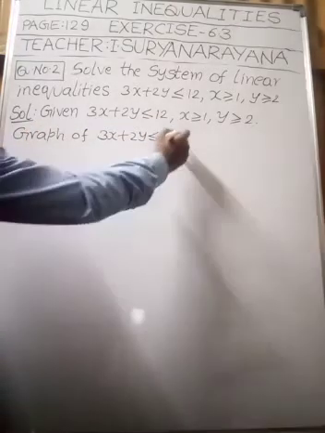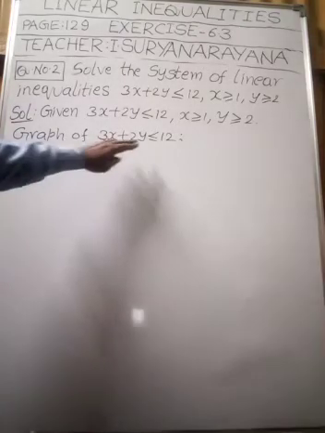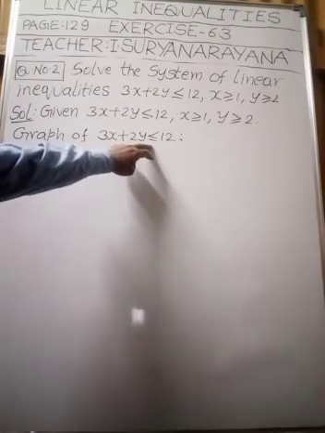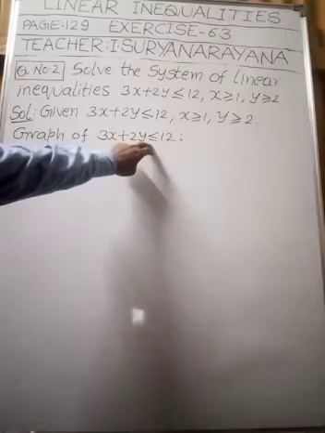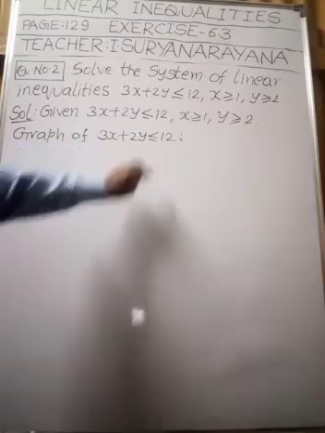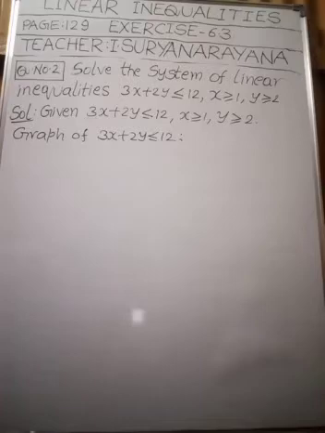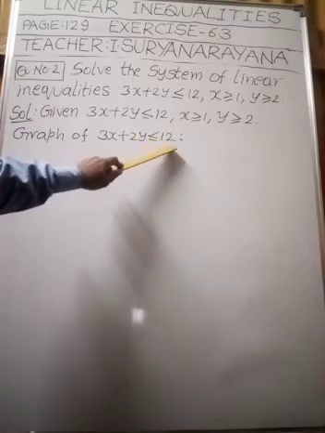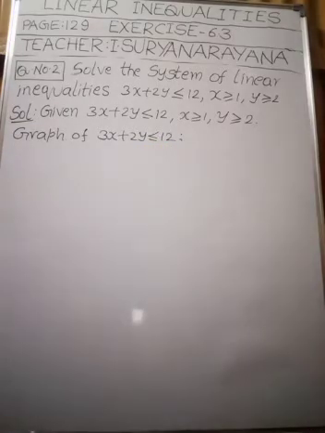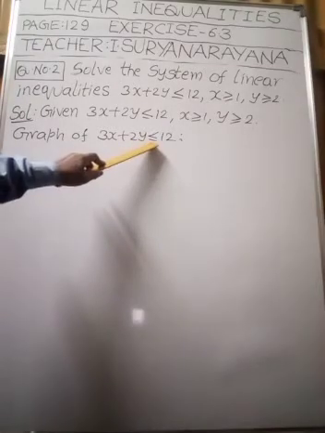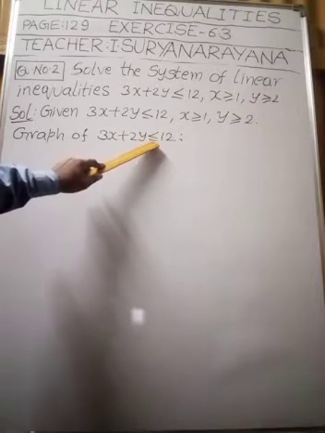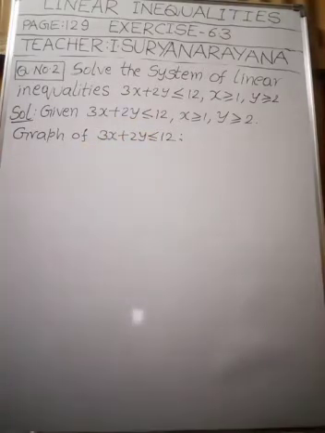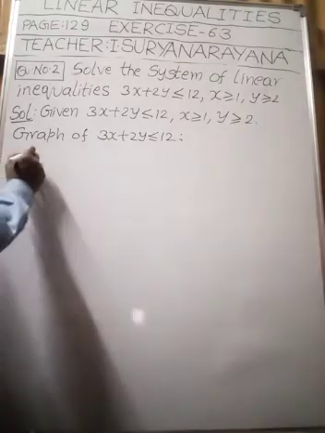Okay, my children? Right. What should we do? First, we have to observe which inequality sign is given in the inequality: less than or equal to. So, we have to draw the graph of the line 3x plus 2y is equal to 12 by a dotted line or thick line, my dear children? Yes, thick line. Okay, my dear children, not a broken line. Understood this point, my dear children? So we write that statement. We have to draw